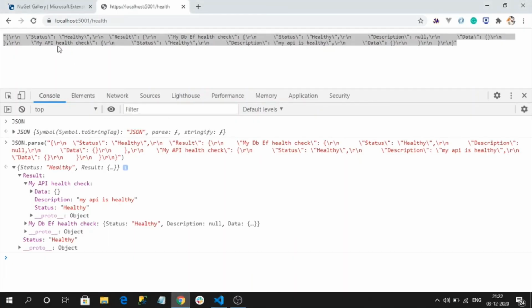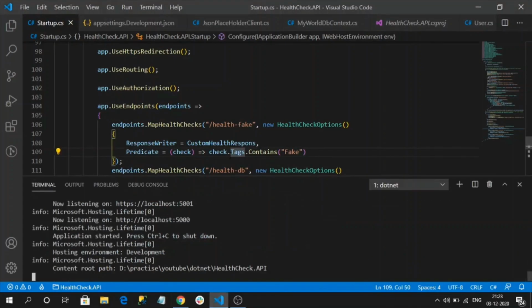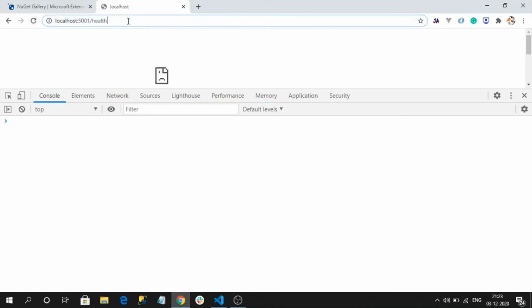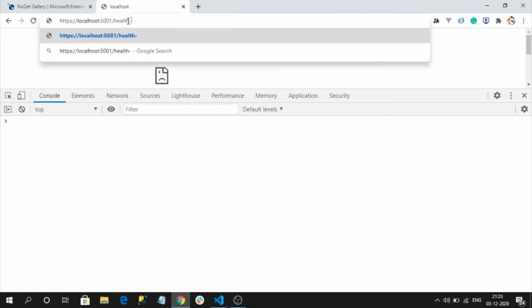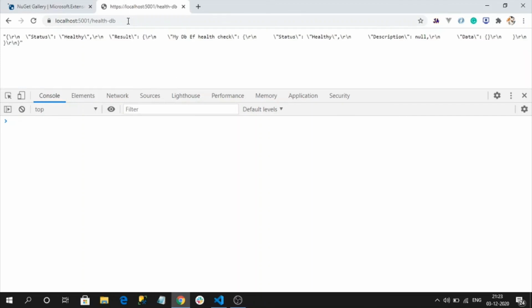So let me reload the application. Okay, it stopped, I think. Okay, no endpoint, right? I need to change the endpoint. Let me check for DB first. So here it is loading. It will execute only the database health check.